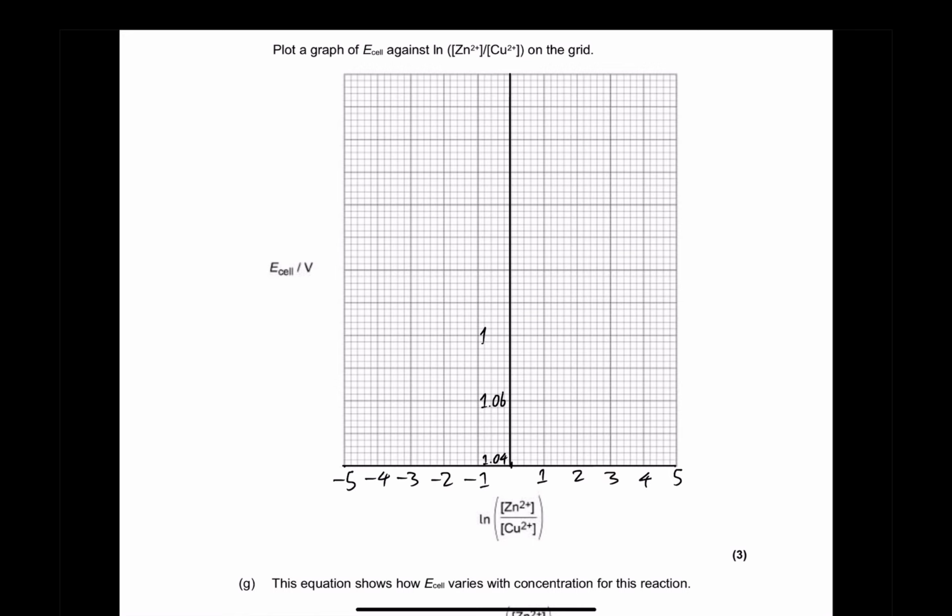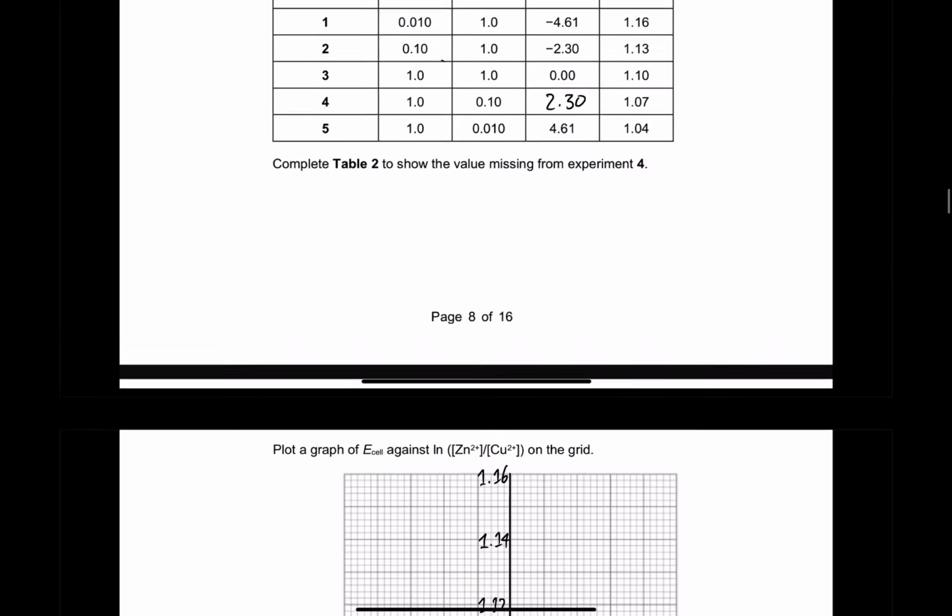1.06, 1.08, 1.1, 1.12, 1.14, and 1.16. Now I have to go and put this into our graph here now. So